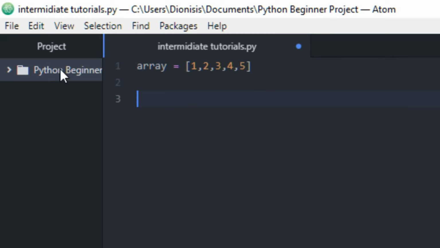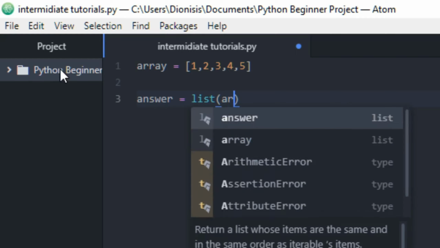And now let's create another variable that we are going to call answer, for example, and say that answer is equal to the list, and here we are going to say